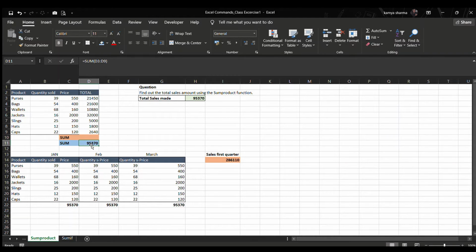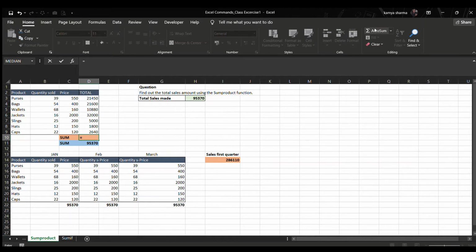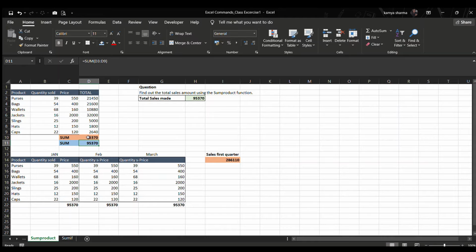To get the sum we also have one more tip. Either you can use the sum function again, or you can click on equals to, go to the right top corner and select auto sum, and this will automatically select the range for which you require the sum, and you can customize it as well. I'll click auto sum, and over here you can see it is showing D3 to D9, for which we need the sum. I'll press enter, and this is how you can get the sum. So these are the two functions from which you can get the total sale.